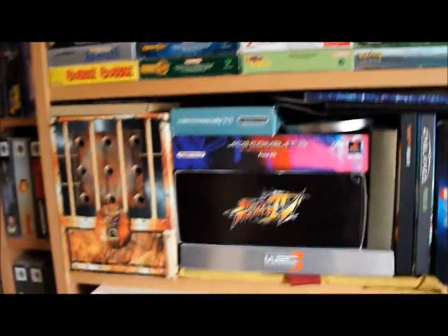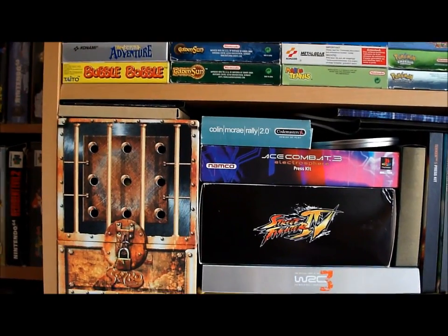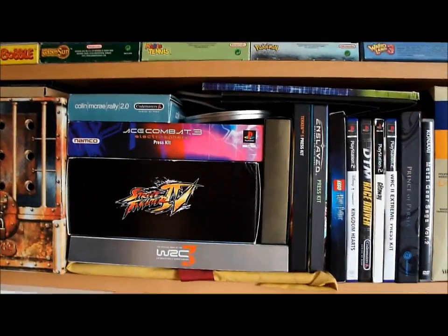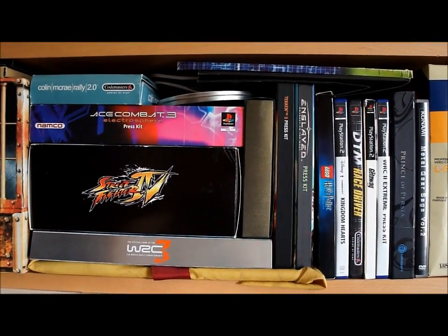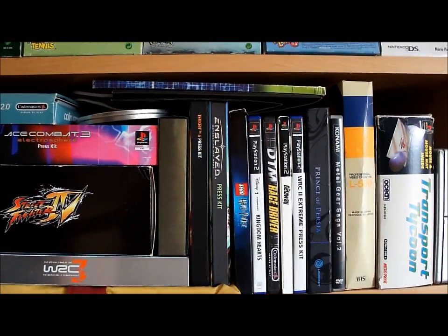Now we get to some really interesting stuff. Press kits. Up top left you have Vib Ribbon, Heavy Rain, the cage is Spyro, Colin McRae 2, Ace Combat, Street Fighter is just a special edition, Rally 3, the one below is Uncharted 2, Everybody's Golf is in that tin, Siphon Filter,